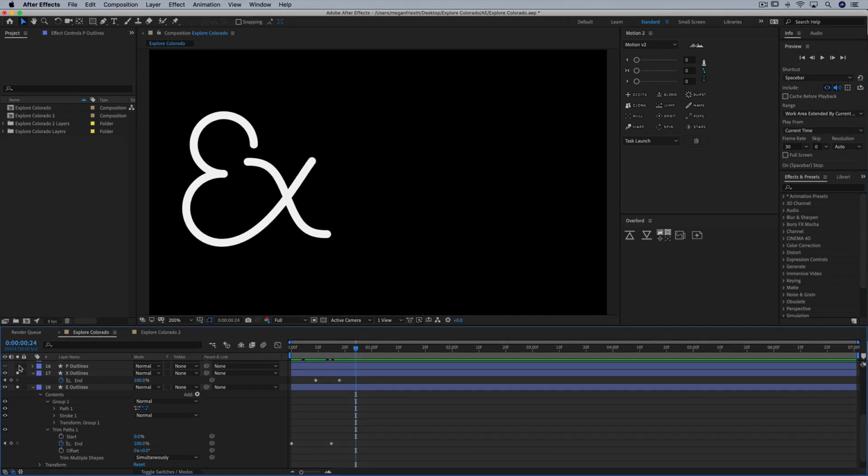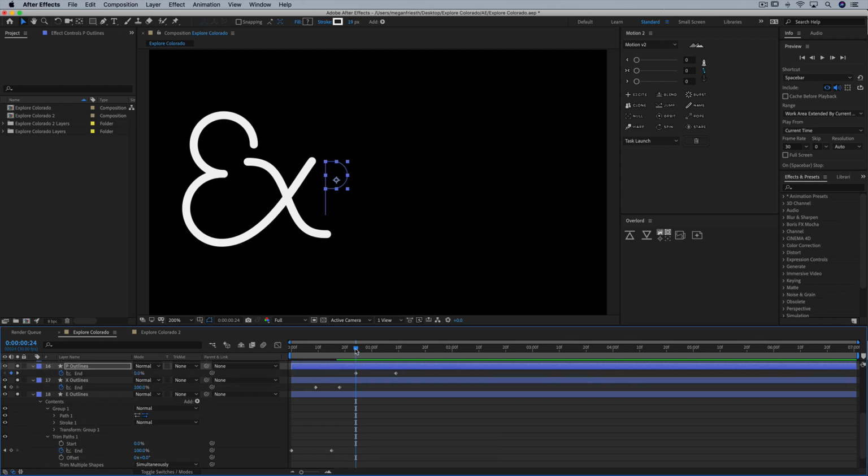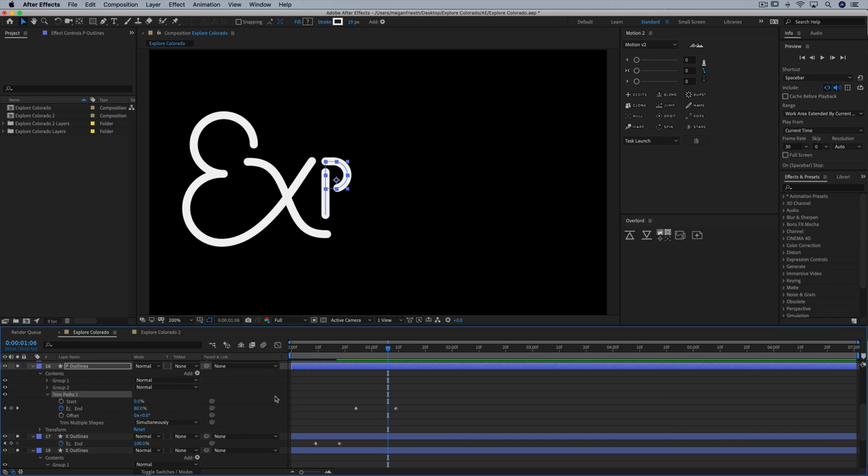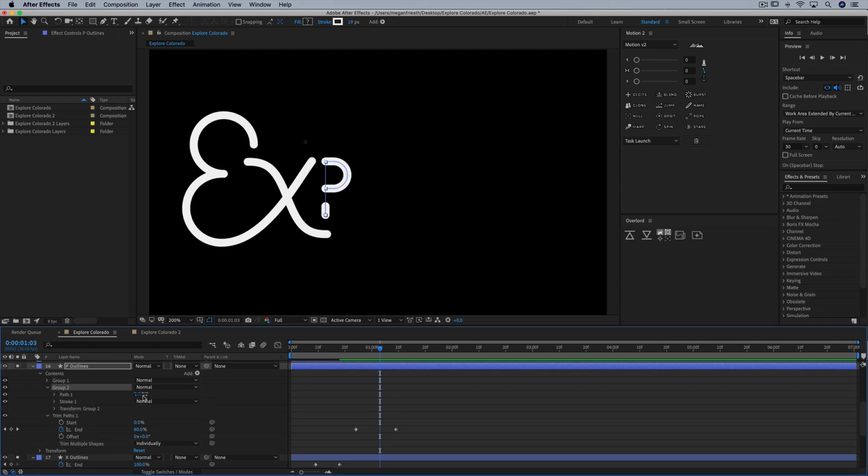Then I'm going to solo the P and paste the trim paths, hit U to see the keyframes, and let's see what that looks like. So my P has two pieces, and you can see that they're both getting the trim path effects at the same time. So if I don't want that to happen, say I want one to animate after the other, I can change this trim path multiple shapes from simultaneously to individually, and now you'll see that the belly of the P animates first and then the line. And the line's actually going not the way that I want it to, so it looks like that's group 2. I'll just change the direction,